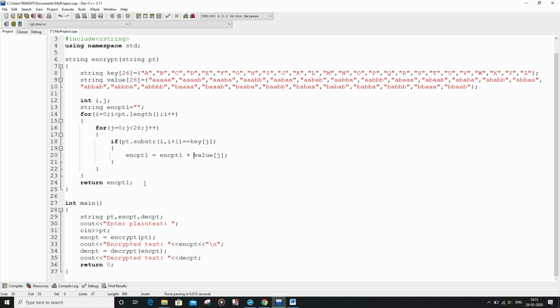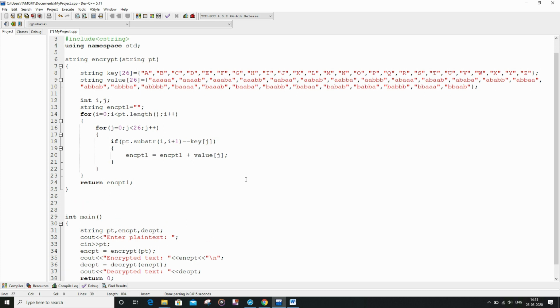So after that we are going to iterate the operation, as you can see here, as many times as the number of characters in the plain text string variable, and finally we are going to return the encrypt string. And so now we are also going to do basically the similar thing for the decrypt function as well. So let me write the code for decrypt function.